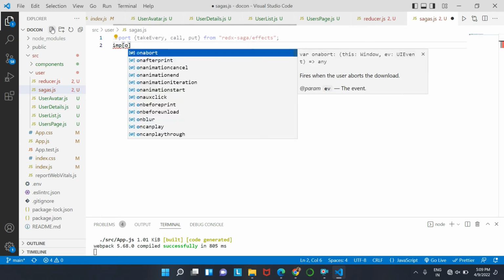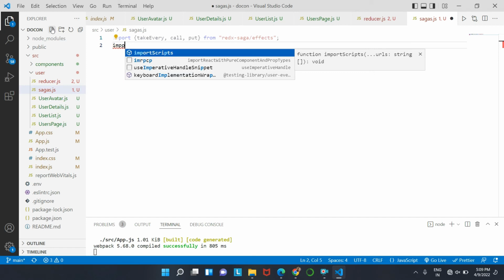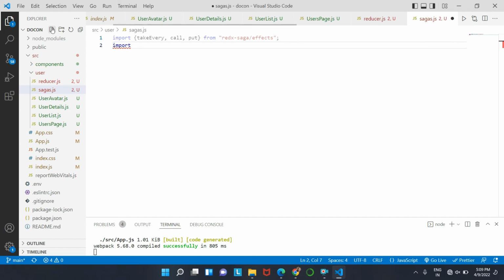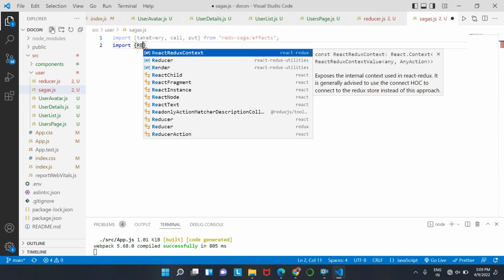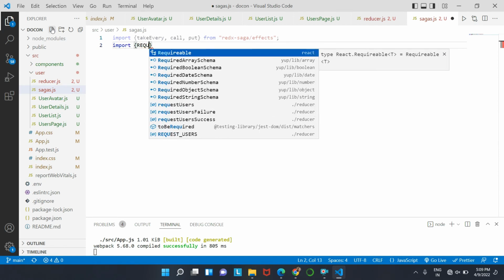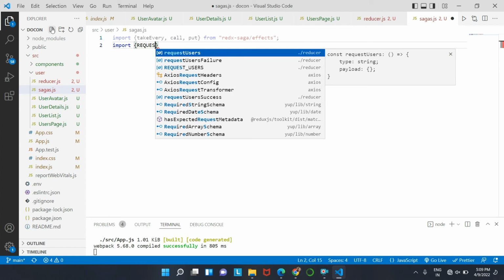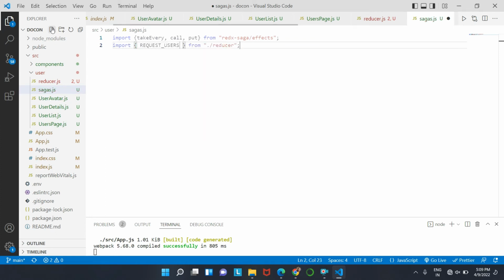So we will go ahead and install this, and then we will import request user success,